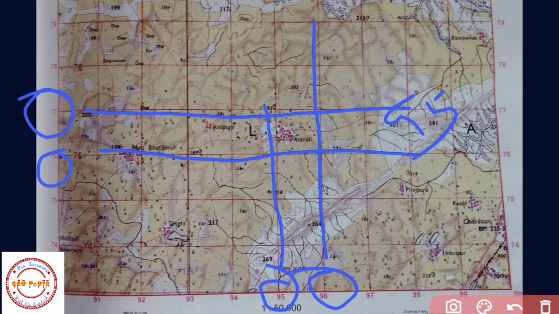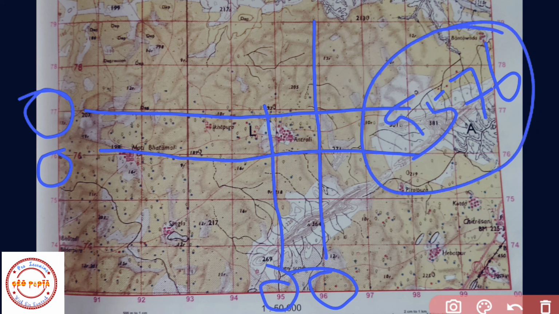Here also we have to take the northing of lesser value, that is 76. So students, the 4-figure grid reference of Antroli settlement or Antroli village is 9576. In this way you can find the 4-figure grid reference of any point from the map.